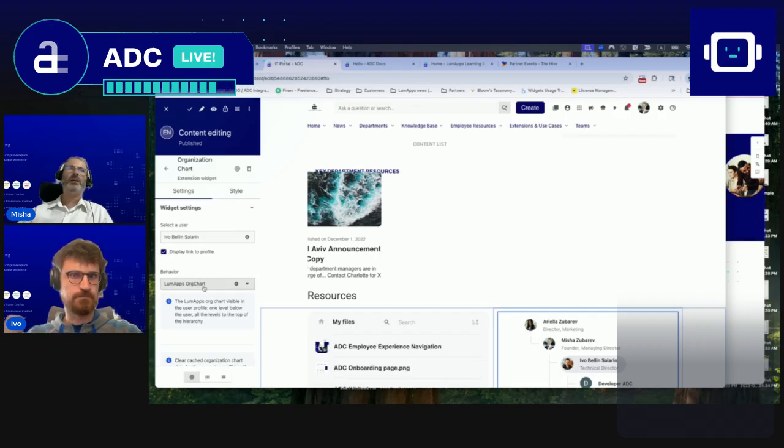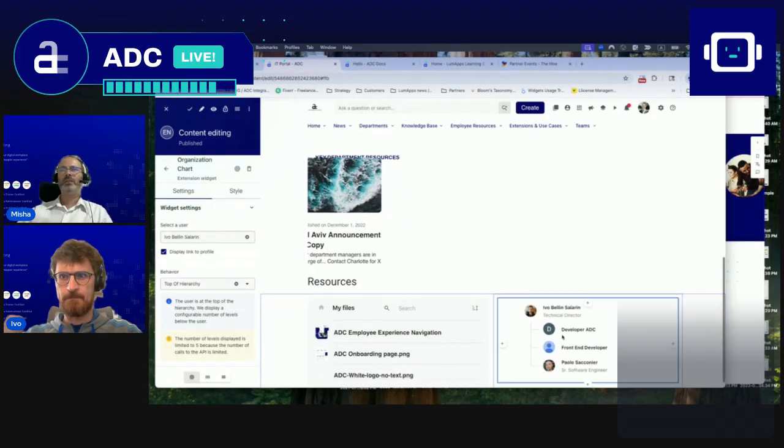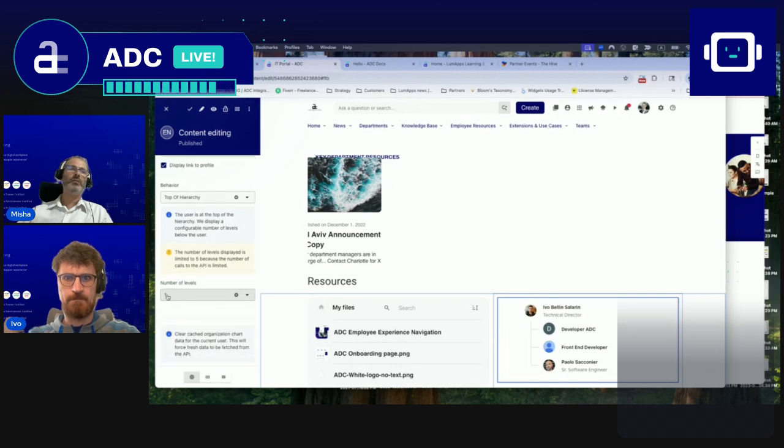And then what the behavior is, I want to start the hierarchy from Evo's name. So I choose Evo is going to be top of the hierarchy for this specific IT department. And here I'll see who is reporting up to Evo. And you can even go deeper by number of levels, 1 level, 2 levels, 3 levels. You can go up to 5 levels, and it'll update that display